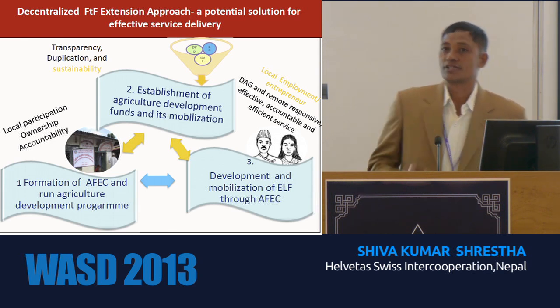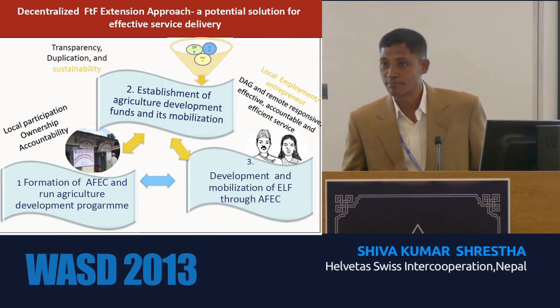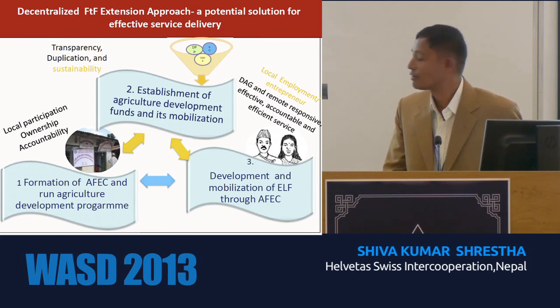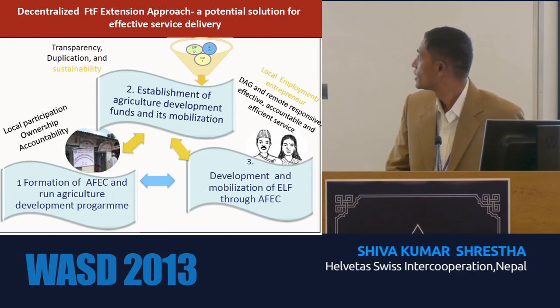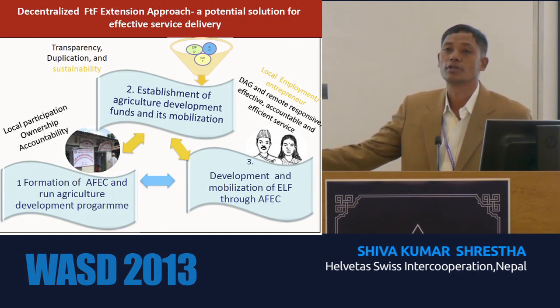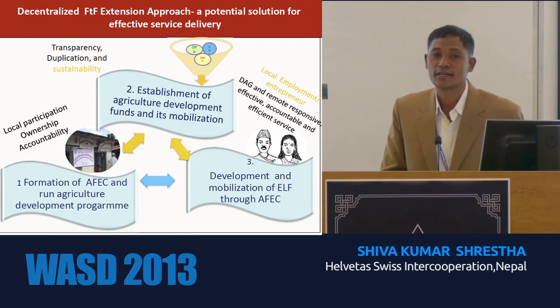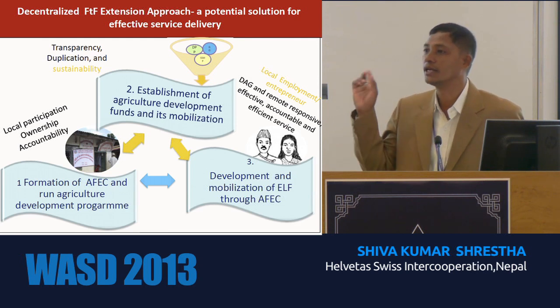And as I mentioned, there is a lack of human resources. To fulfill that gap, we have developed local resource persons called experienced leader farmers. The experienced leader farmers will be accountable to their groups to provide the services. And the local leader farmers will be trained by educational institutions and the government functionaries at the district level. They will be linked with that.